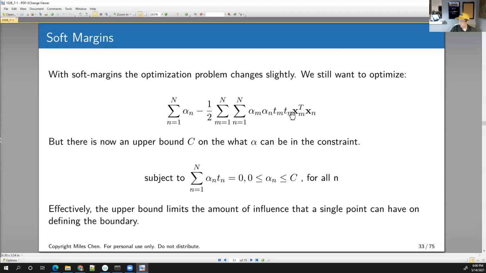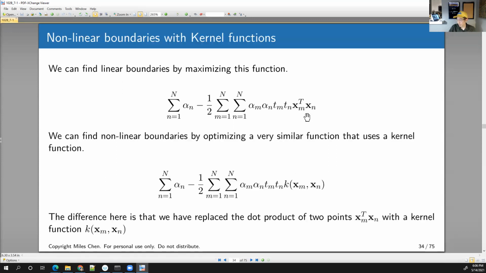And when we do that, there's this cross product, this x transpose x, okay? And we're looking at the cross product between basically every combination of points. You have big N points, and we're looking at point M multiplied by point N. We're looking at the relationship between all of these different points, and we optimize this in such a way. Okay, now what we can do